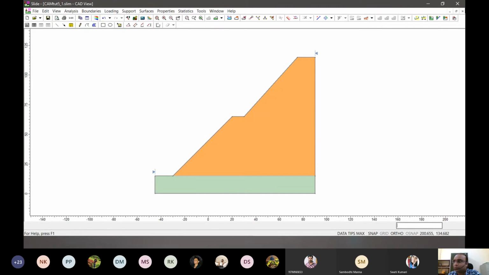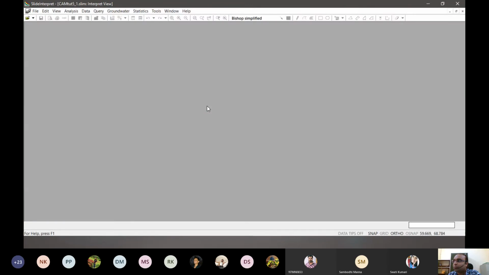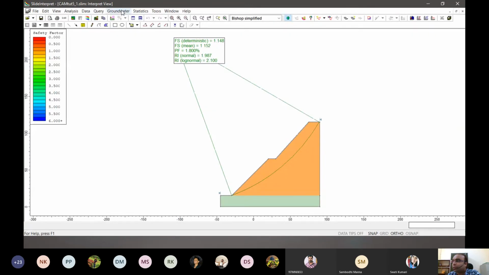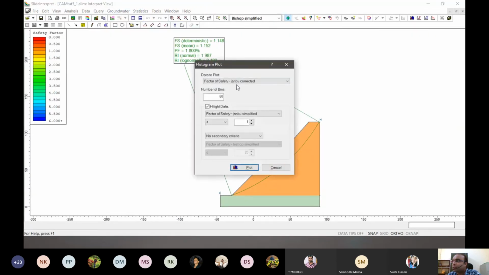So both are processed now. Let me open this first. This one is by Monte Carlo, and I plot the histograms.